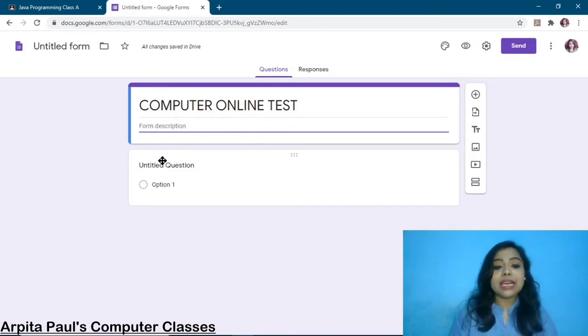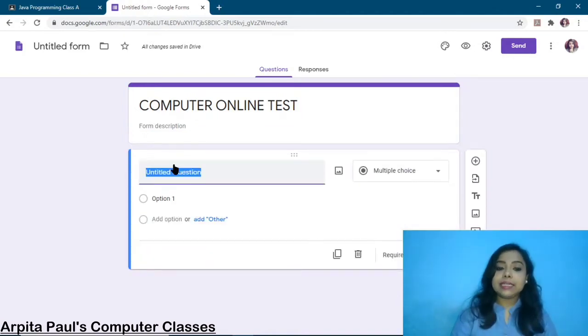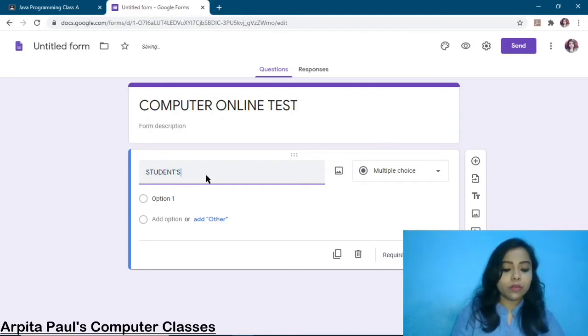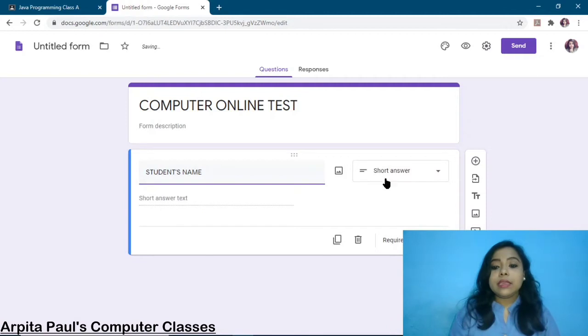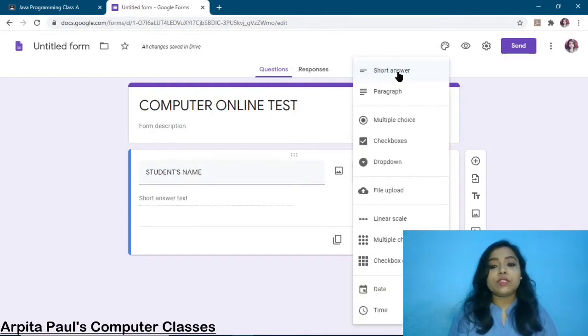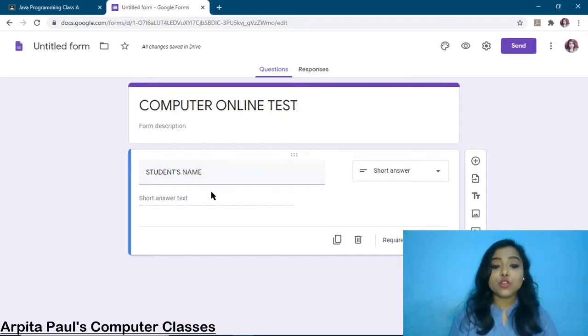Now you can see the option here, untitled question. So before adding question answers, we have to add some compulsory fields like student's name, student's roll number, section, and all details which will be filled by the respective students. So for that, we have to simply write here, instead of untitled question, the specified field name like student's name. Okay, see here, from the drop down list you have to select short answer from here, as the name should be in a answer type. Okay, you cannot select multiple choice or any other option from here. So student's name, the answer field is provided here.